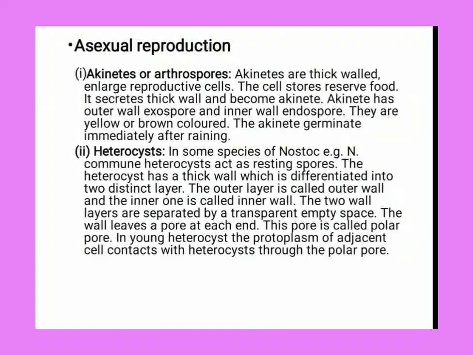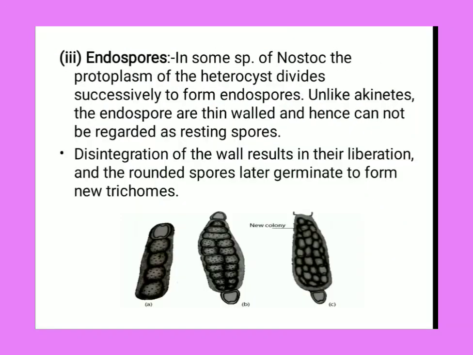The cells store reserve food. They secrete a thick wall and become akinetes. Akinetes have an outer wall, the exospore, and an inner wall, the endospore, and they are yellow and brown in color. Akinetes germinate immediately after raining. Okay, what do akinetes mean? In some cells,